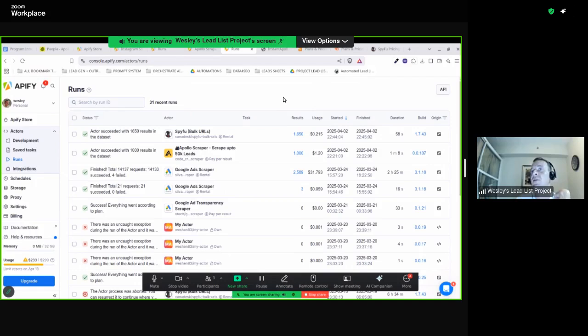I would also suggest everyone to just use ChatGPT or another LLM. Google is, by the way, really good nowadays. Gemini is really amazing. Play around with LLMs and ask them for suggestions, and just say, hey, give me a list of lead lists that I could build with Apify that I could sell, with good margin on it. Just come up with a really good prompt, maybe share prompts also together,